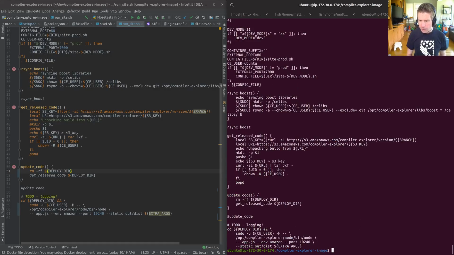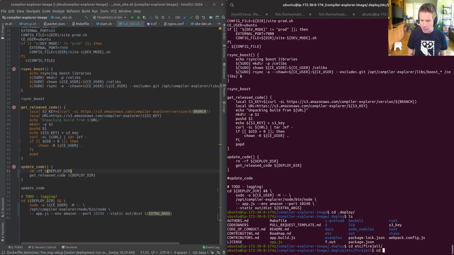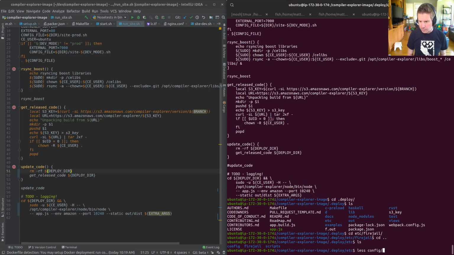Okay, cat run site. Let's just make sure I've got everything captured in the left-hand side that's on the right-hand side. So we've update code, which we're actually going to run every time. We've got compiler explorer, apt Amazon port, static out dist, extra args. All the things look good there. All this other stuff looks good to me. We made some changes in the .deploy directory, didn't we? Which are harder to track because this is not a Git version. No, I said Git, I didn't mean it. So etc. FireJail were where we made the changes, and I think we made those changes. We did. And then let's have a look at config